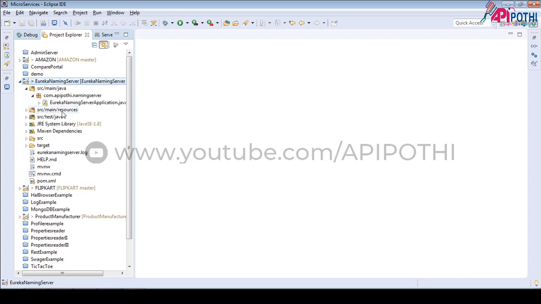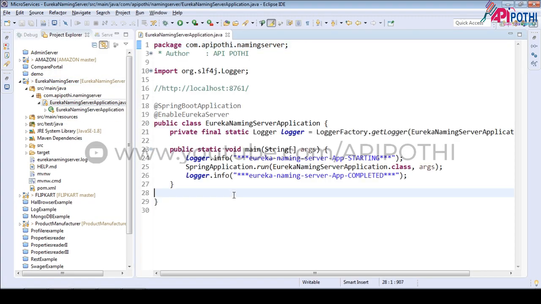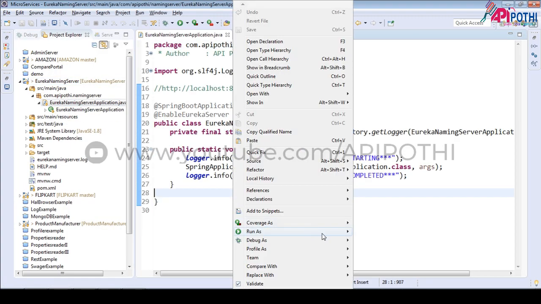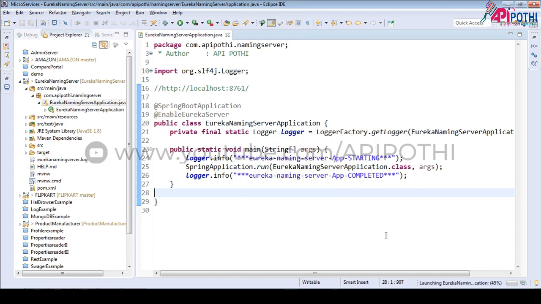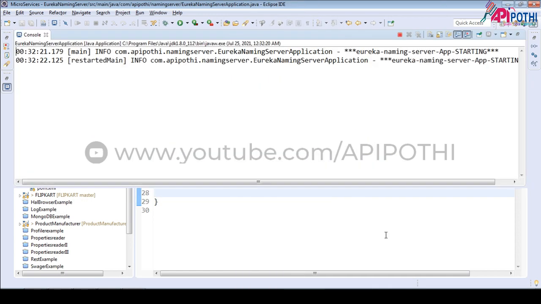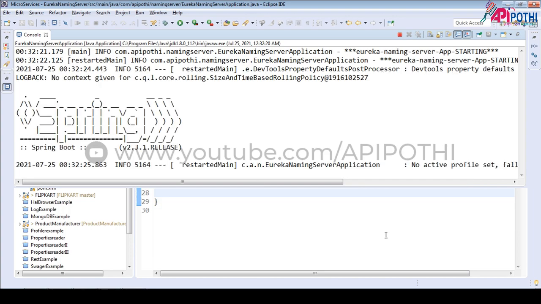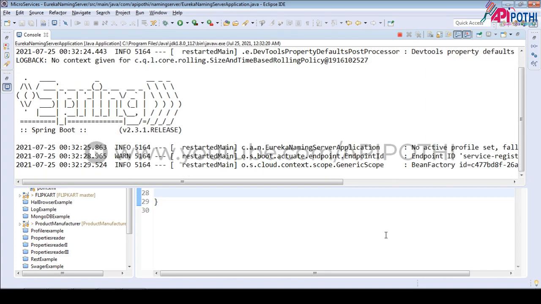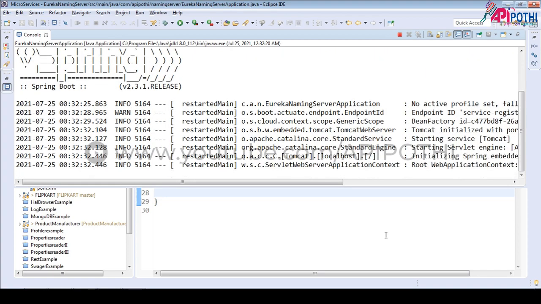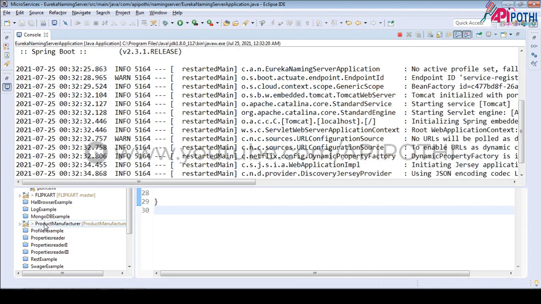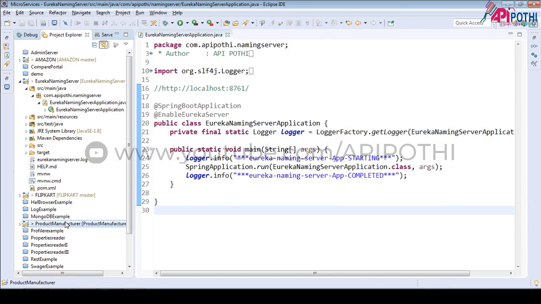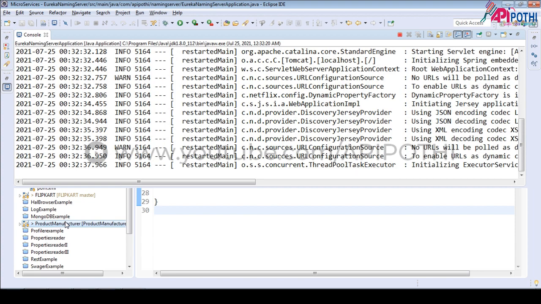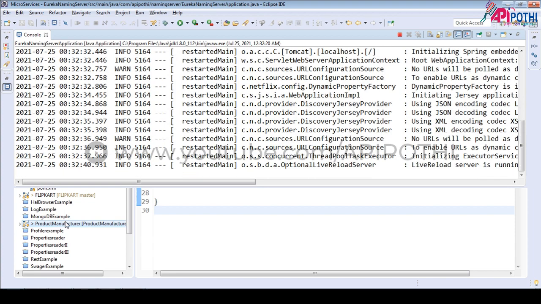First we will start our Eureka naming server. Okay, right click, run as Java application. Once we start the Eureka naming server, then which server has to start? Either API gateway or Flipkart or Amazon, which one?